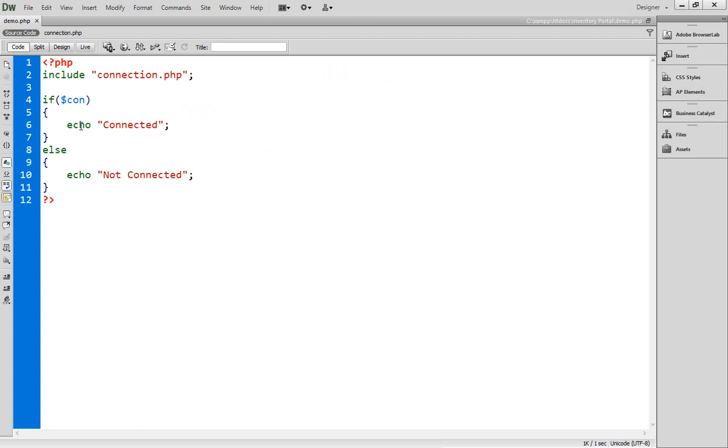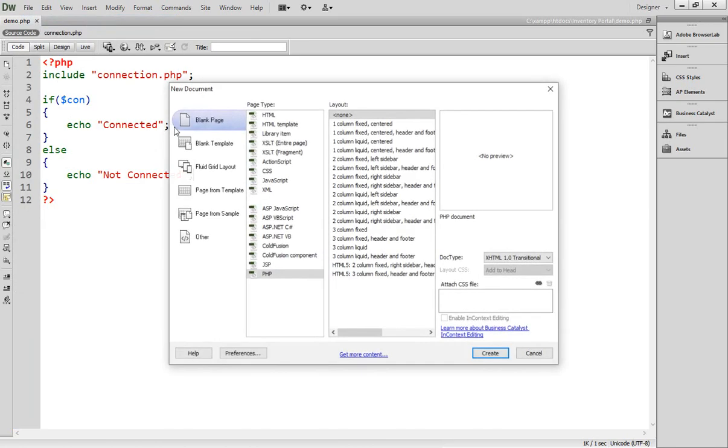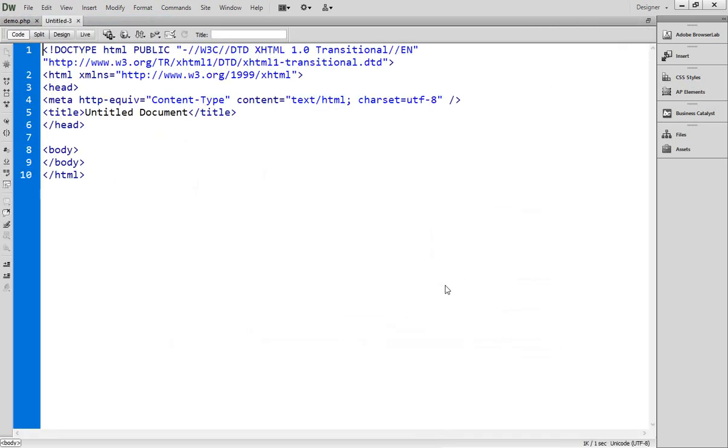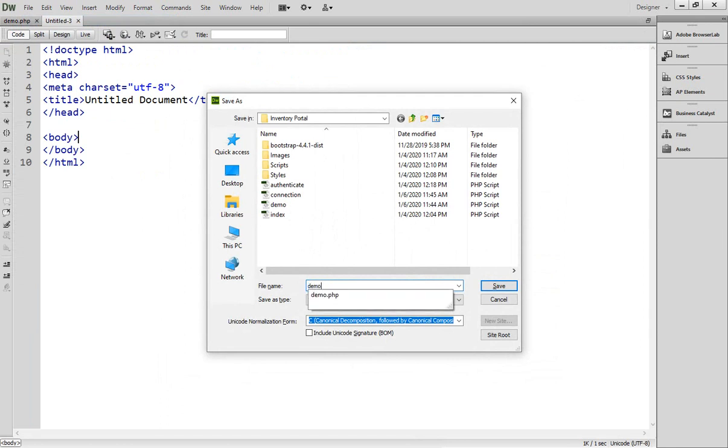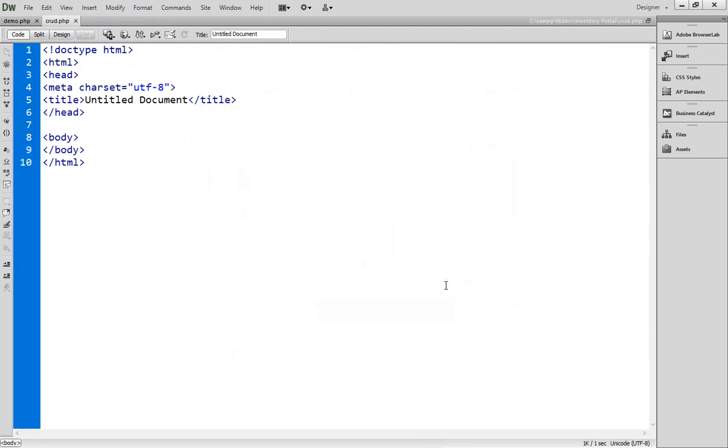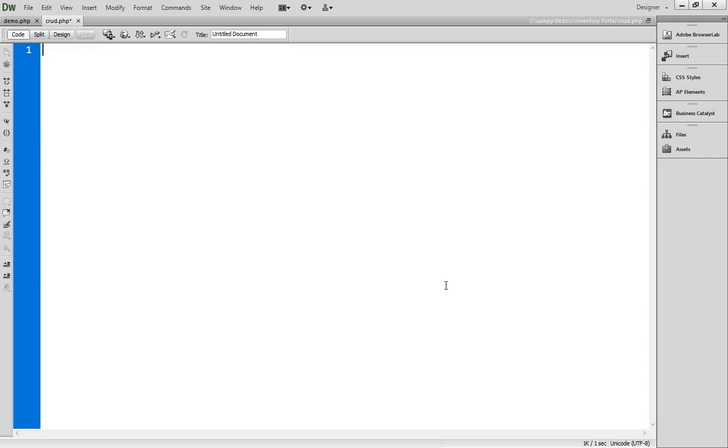Now we have to write a code that helps you to specify insert, update and delete together with respect to one code. So let's create a new page, PHP, HTML5 and create. Here let's save this page as demo2, okay, or let's write here CRUD, a good name. CRUD means create, retrieve, update, delete. Okay, so let's remove this and specify PHP markers